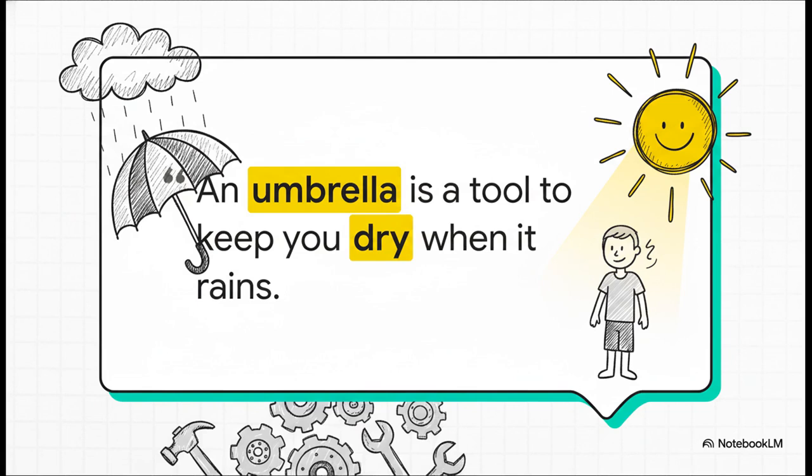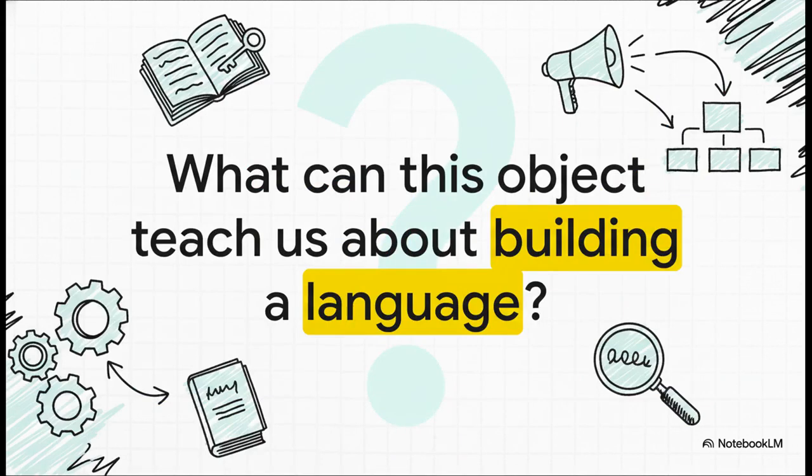This definition comes straight from the Simple English Wiktionary, and it's about as clear as it gets. It's a real thing, a physical object, with one very obvious job. We're starting here because, hey, it's something we can all agree on. Okay, but here's where things start to get really interesting. What if I told you that hidden inside the dictionary page for this simple tool, there's a clue to a totally radical system for communication? Yeah, a whole system designed to make really complex ideas accessible to basically everyone.